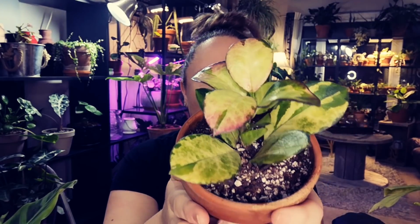So these are super, super cute. The thing that I like about these ones, obviously it's variegated. If you've known me for a while, you know I'm into variegated plants. But this one, like a lot of other Hoya, the more light they get, the more reddish or pinkish they turn. So the one Paula had had the most gorgeous pink and red hues, and I've been trying to find this